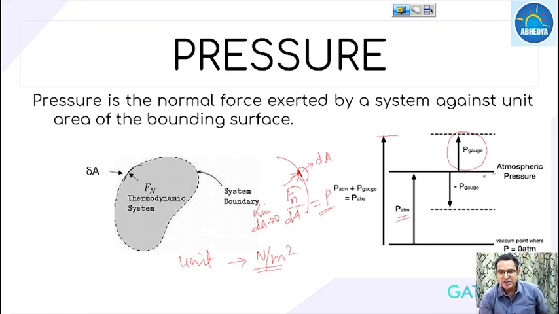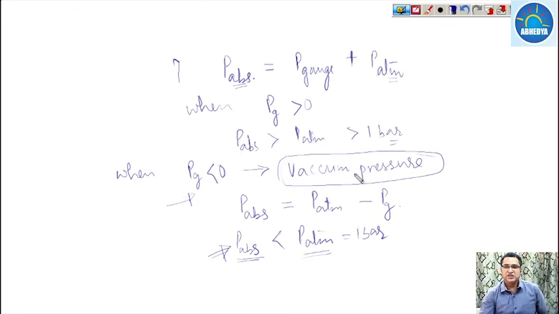Okay, when the gauge pressure is negative, meaning this one is below the atmospheric pressure, then this is our absolute pressure, P absolute. So the P absolute is less than P atmospheric because our gauge pressure is negative, that is, it is the vacuum. So this much of the vacuum is being created. Okay, so this is the figure with respect to the pressure. So this is all about your pressure and temperature, how to calculate the pressure and temperature.